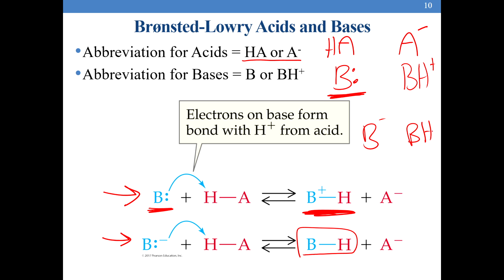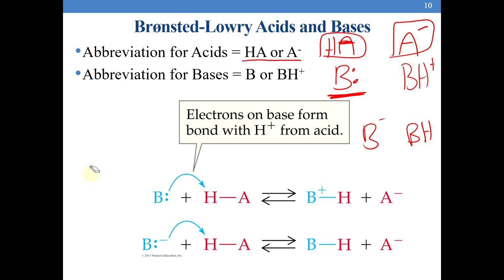So start to recognize these are pairs, whether the pair is HA and A negative, B with BH plus, B negative with BH. They are all pairs, and we just need to recognize, okay, HA starts with an H. He donated the H away, the proton, leaving me with an A negative. So put it together in a formula. Just follow the